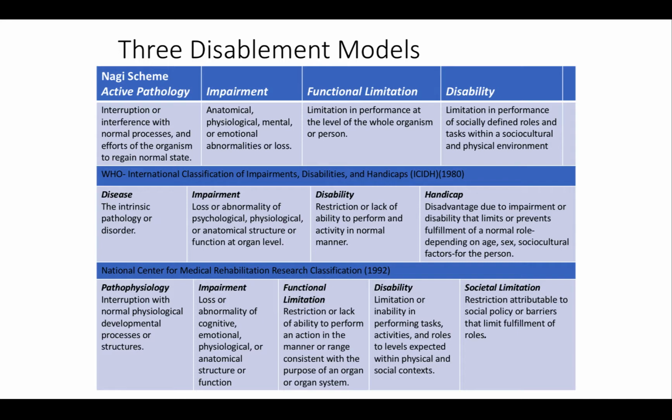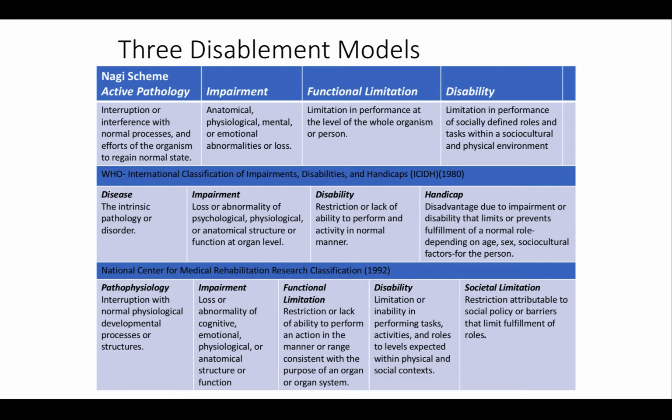And within that active pathology, there are usually impairments, which are the anatomical and the physiological and the mental and the emotional abnormalities or losses that occur because of that diagnosis. So the impairments of a hip fracture may be loss of strength, loss of range of motion, pain, things like